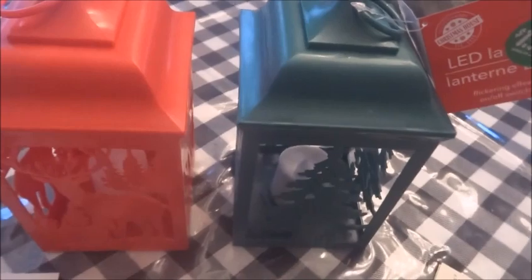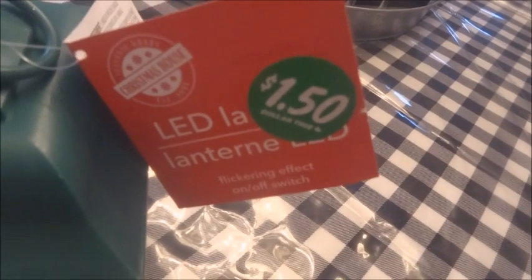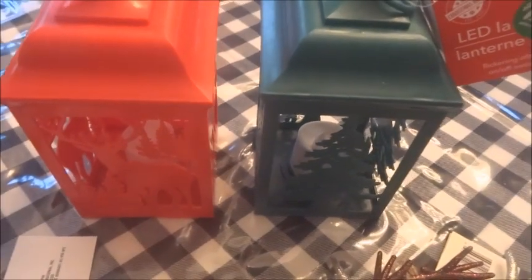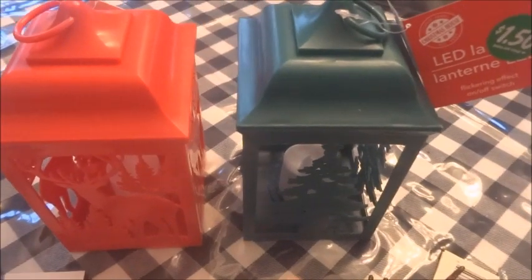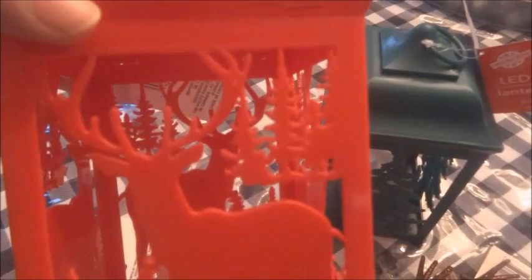And then finally I came across the LED lanterns, and you can see here in Canada, $1.50. I was really on the lookout for these. They had a ton of the green left that have the Christmas tree on it, but I was more so looking for these ones with the deer. I love this. So I was only able to come across the one red,